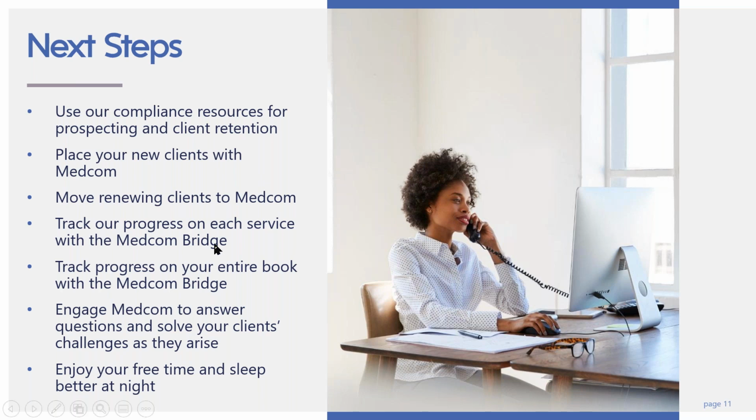And of course, use the Medcom Bridge to track progress, but not only on each case, but on the whole book. It's to support your tracking of your compliance for your book that we are providing for you. And of course, if you need help with answers to questions, challenges as they arise,